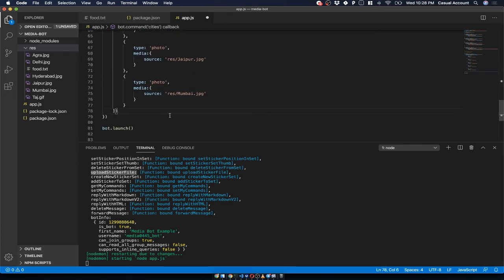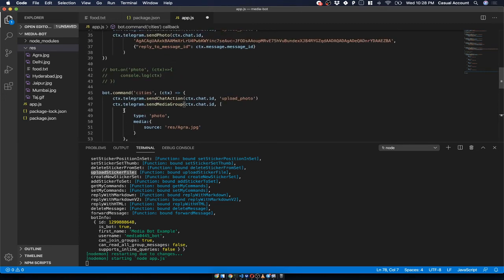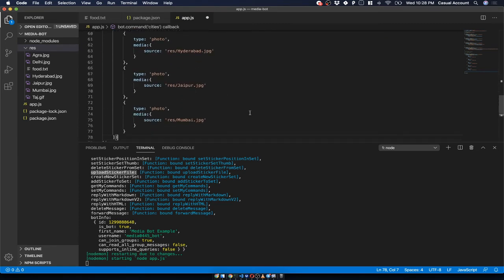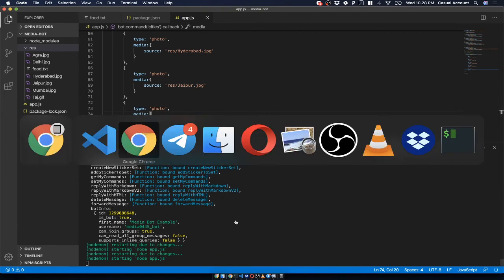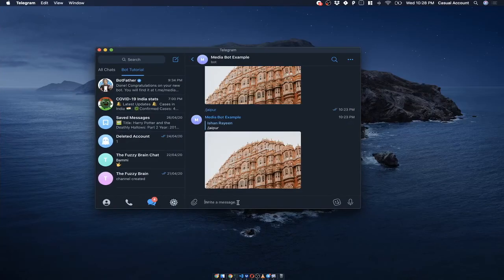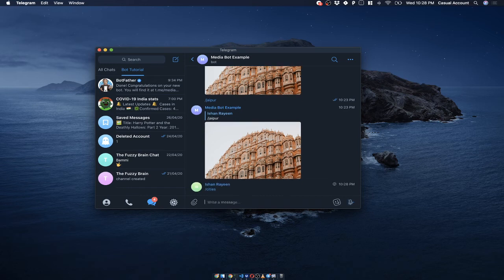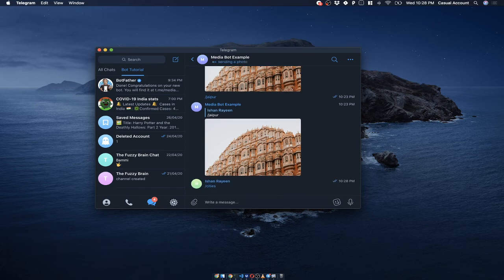And after that, if you want to set a reply, you can do that with the extra parameter, but I'm not doing that. I'm just showing how to send multiple objects. Okay, let me just save it, and I'll go back to our bot, and we'll run the command slash cities, press enter, and let's wait for them.